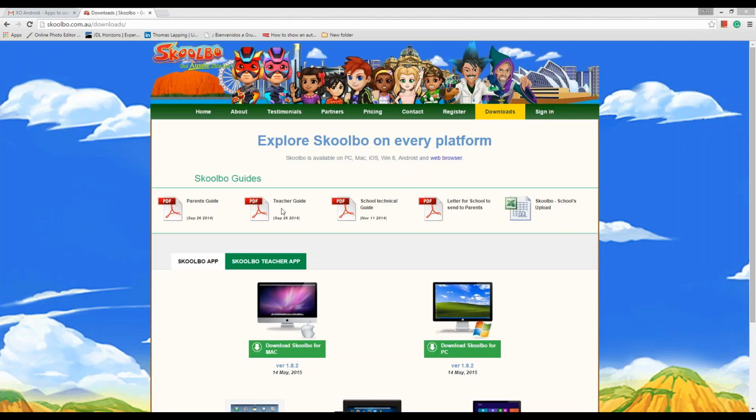I actually work for 2 schools now. The school that I've just set it up for, that's the admin login that you gave me last week. There is another school that I work for, and I don't have an admin login for them. I would like to find out if they have set up Skoolbo for the whole school or not.